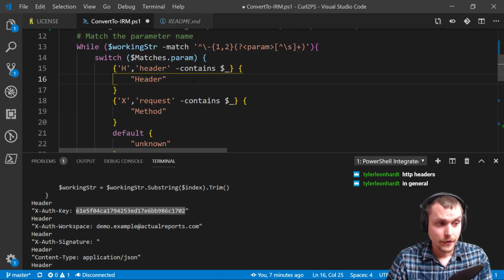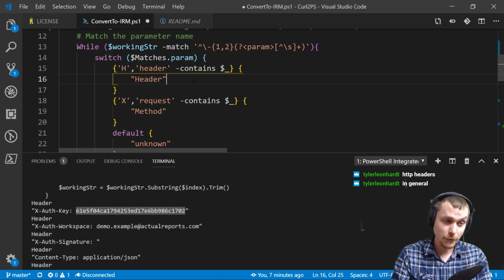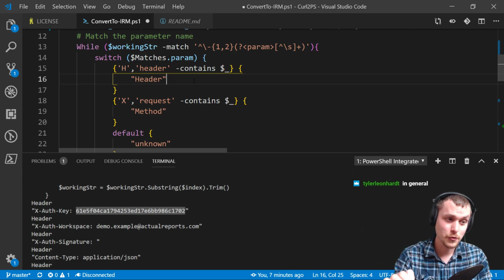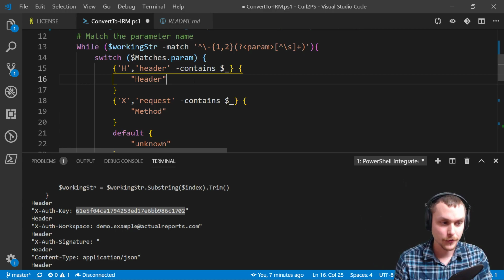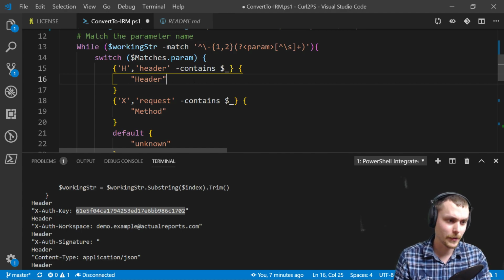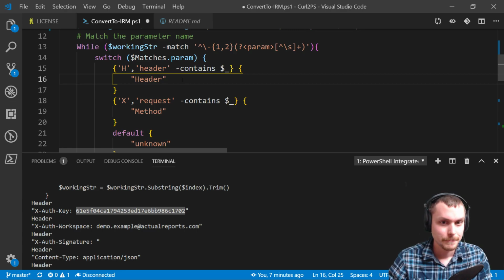But that's a good point. I'm not going to worry about that. I think at this point, this cmdlet function is going to assume that the passed curl command is a valid curl command. I think it's a safe assumption right now. And further down the road, maybe we'll look at validating curl commands, because I'm sure there's probably a curl command validator out there. Maybe it has an API. That would make this a lot easier. Anyway,